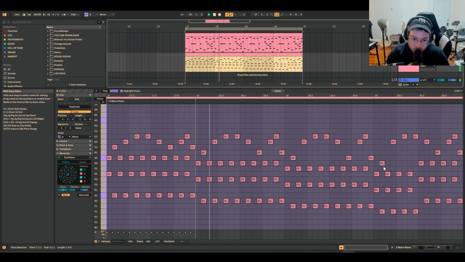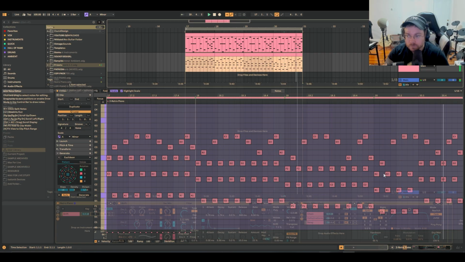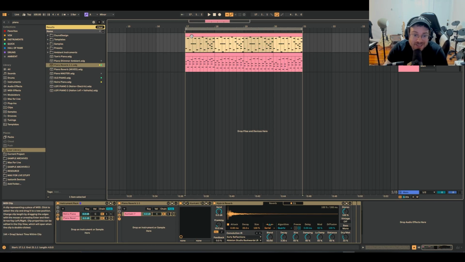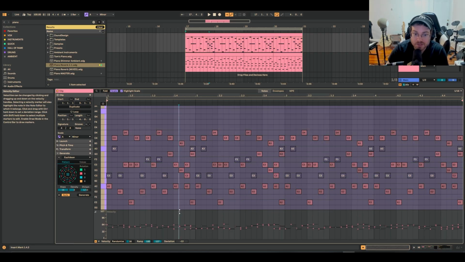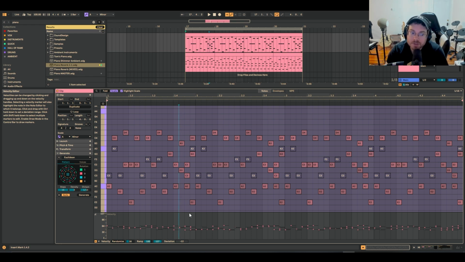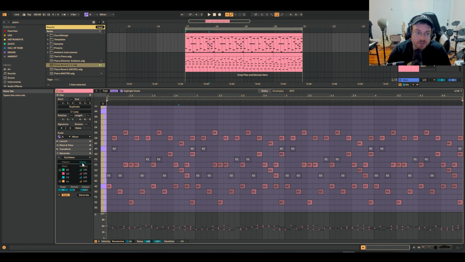Now you can see the whole thing. So yeah, the Euclidean tool is just an excellent way to get a lot of interesting ostinato phrases through it. And if you haven't used a sequencer before, it's really a fun opportunity to try it. As long as you understand how to build some of these simple chords, like the 1, 5, octave, third thing